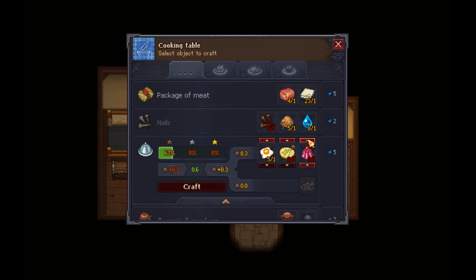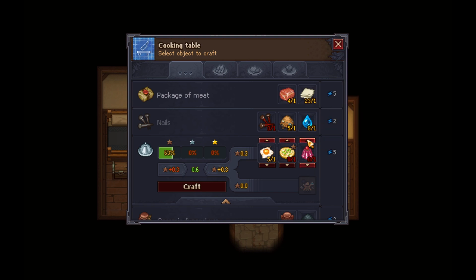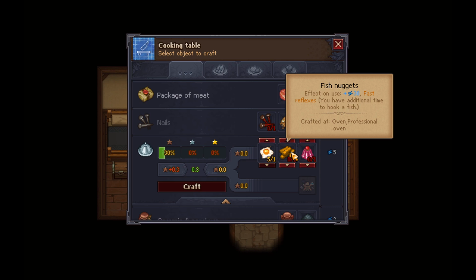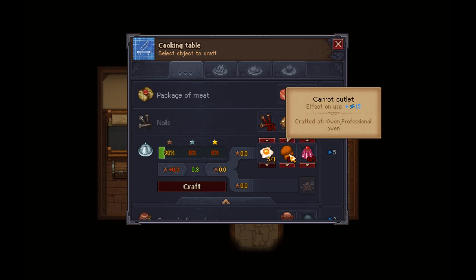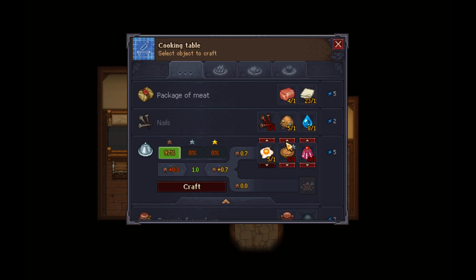Oh, wait a minute. Son of a bitch! Red jelly. Okay, so we could make any of this stuff. Okay. And that would count. What about here? Fish nuggets. Carrot cutlet. I don't want to waste carrots. Lentils. We have to have lentils to do it. Would require gold star. Well, okay, so the omelet...